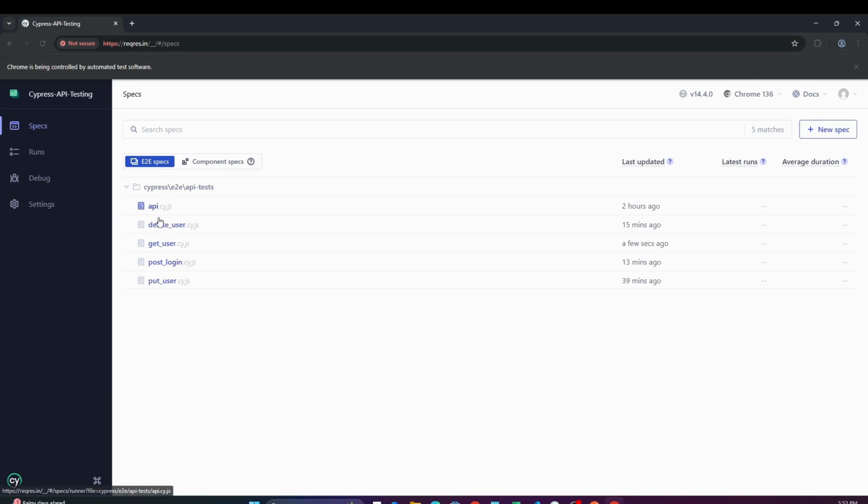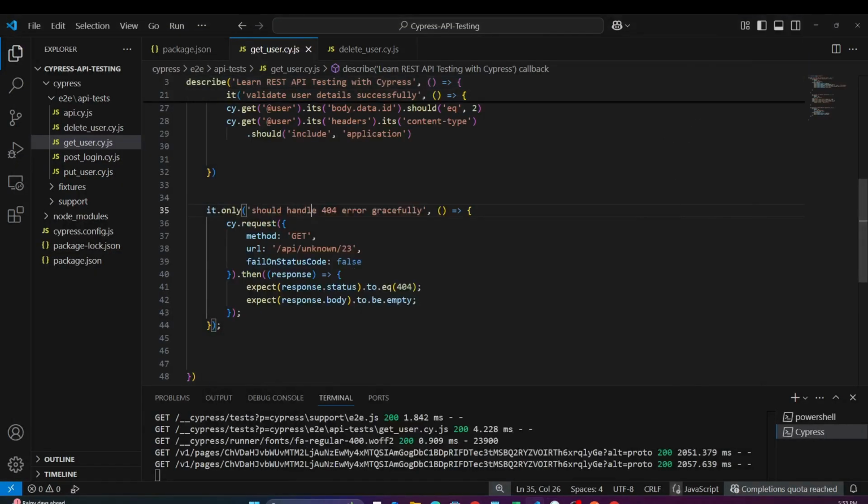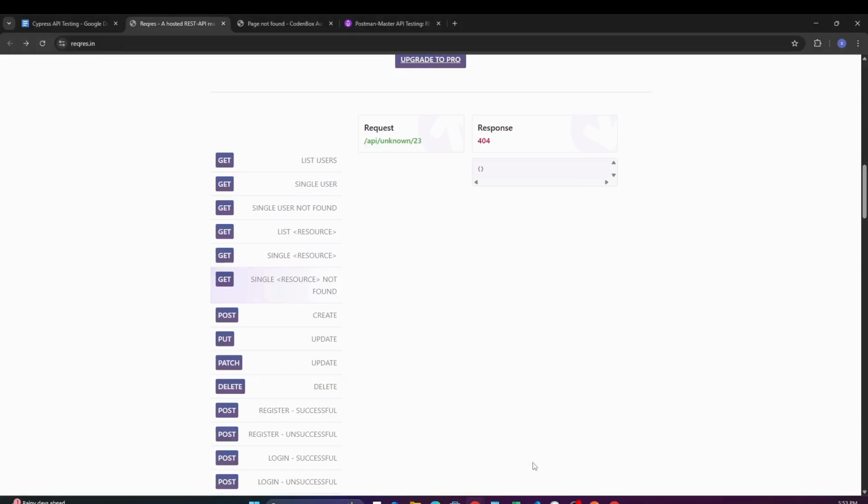Okay, what is the get request? Get request, this is the only one whose response status equals 404. It's expecting 401? Let me just double check their document. Oh no, it's expecting 404. It should be 404,